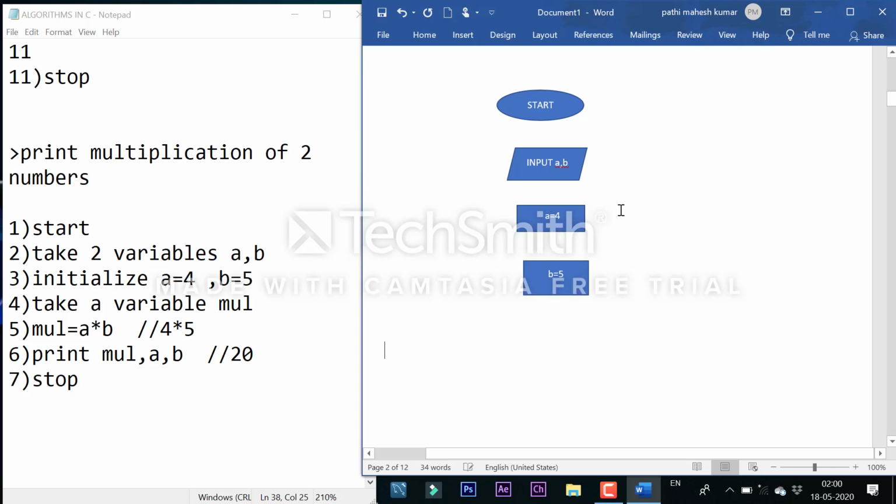B equal to 5. After that I am taking another variable, input mul. So I give mul, and directly here comma mul.